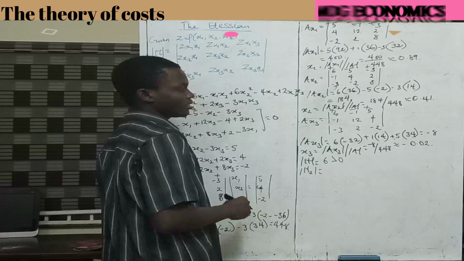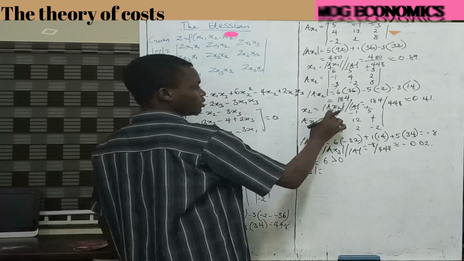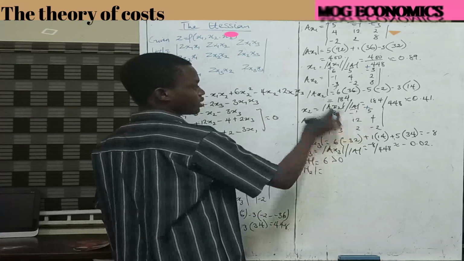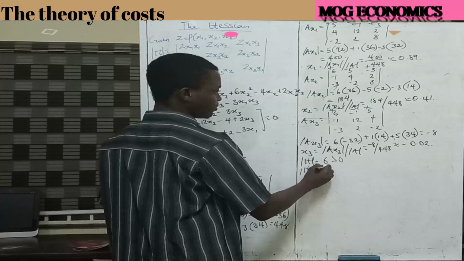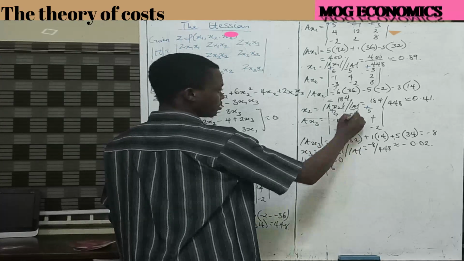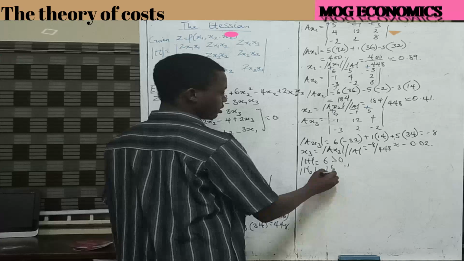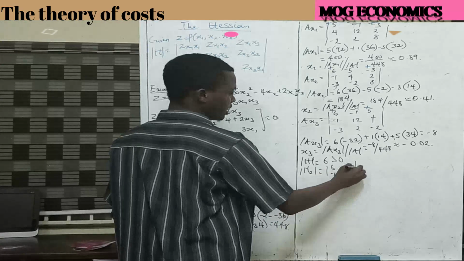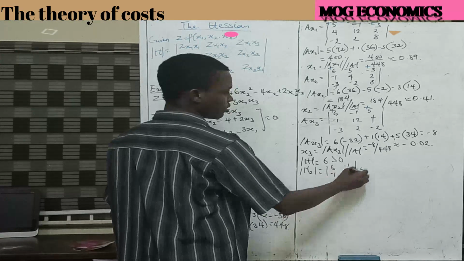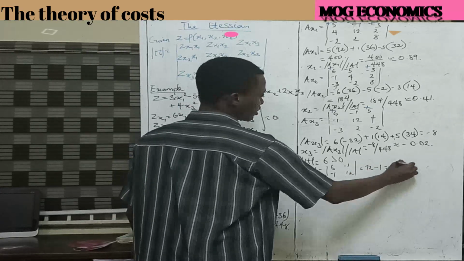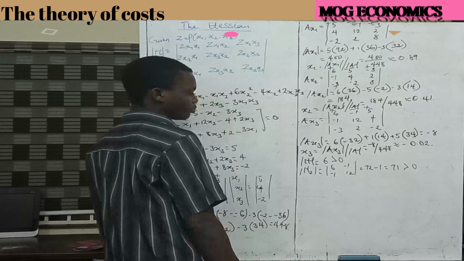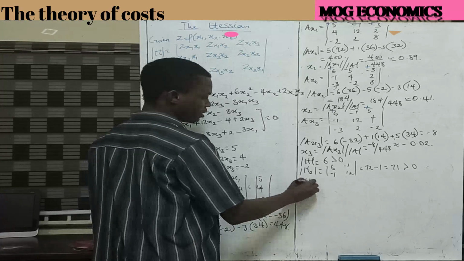H2, like I said in the other class, you're just looking at the determinant of the 1, 2, 3, 4 entries. It's more or less as if you have 6, minus 1 and 12. And the determinant here is 6 times 12, 72, minus 1, which is 71. 71 is also greater than 0. That's positive. Then H3